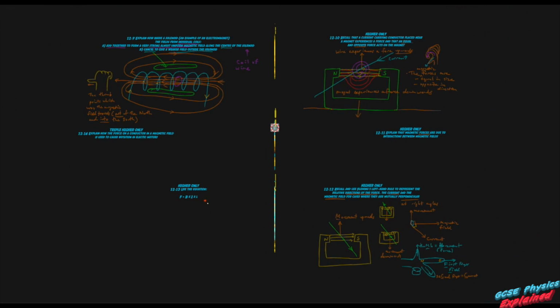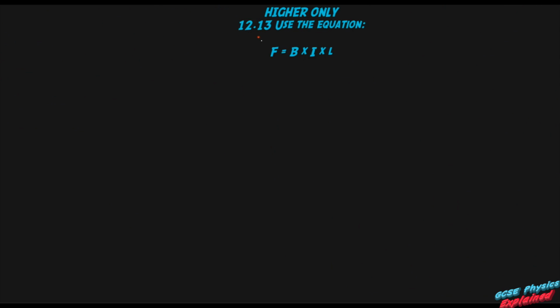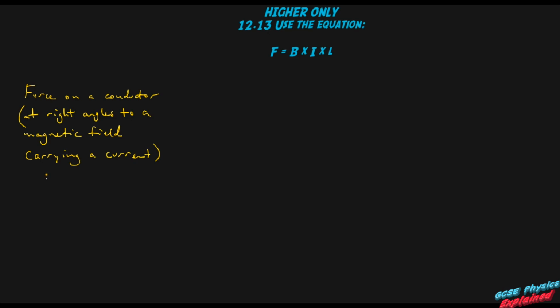Two more statements and then we're done. Statement 13. Higher only. Use the equation F equals B times I times L. So what that basically means is that the force on a conductor at right angles to a magnetic field carrying a current, in newtons,